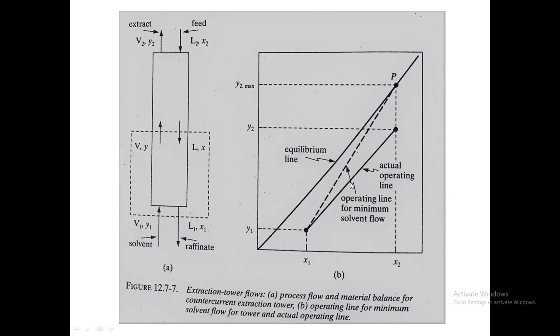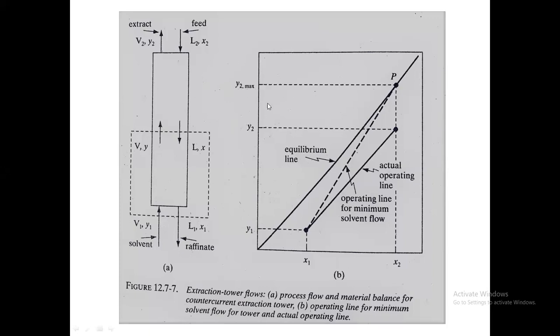Once you have the operating line, the minimum solvent requirement for liquid-liquid extraction is like this. You move this point of X2 vertically until you reach the point P on the equilibrium curve or equilibrium line. This particular projection of X2 on the equilibrium line or curve will tell you of the allowable,